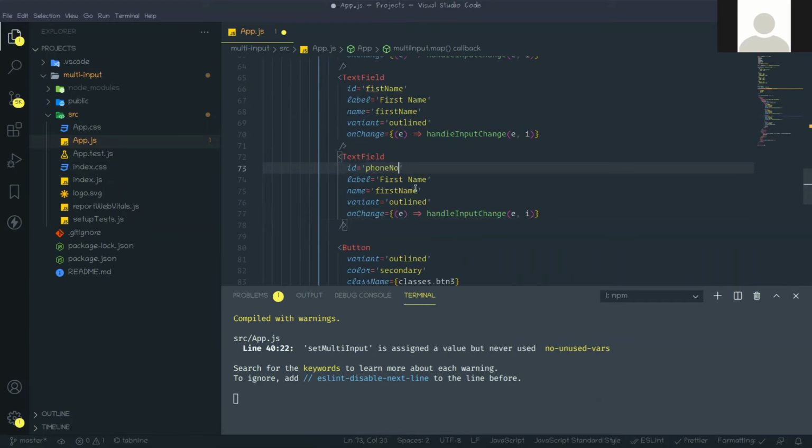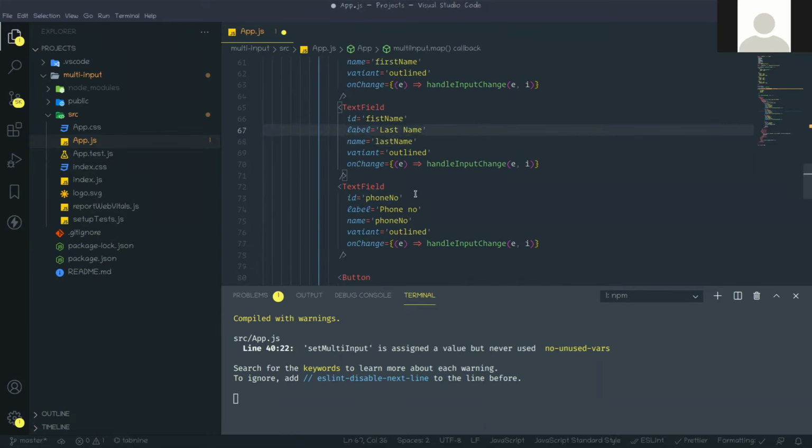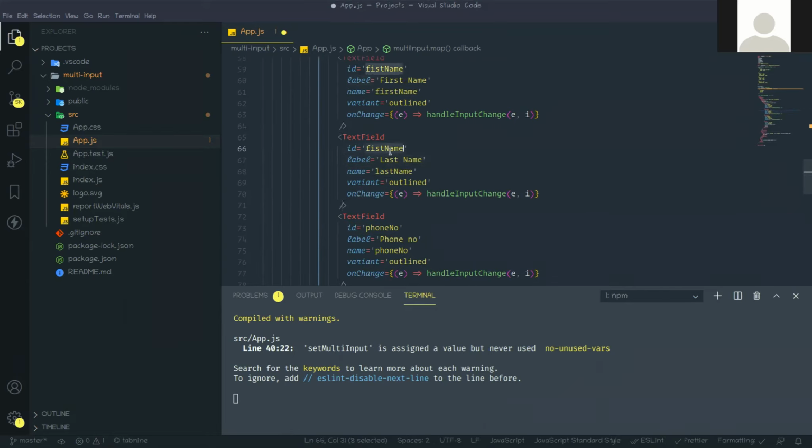Actually, ID is not needed for this project. This is the last name, but name is needed. So for the last name, the input box name is needed. That is phone number, last name, and ID is last name.